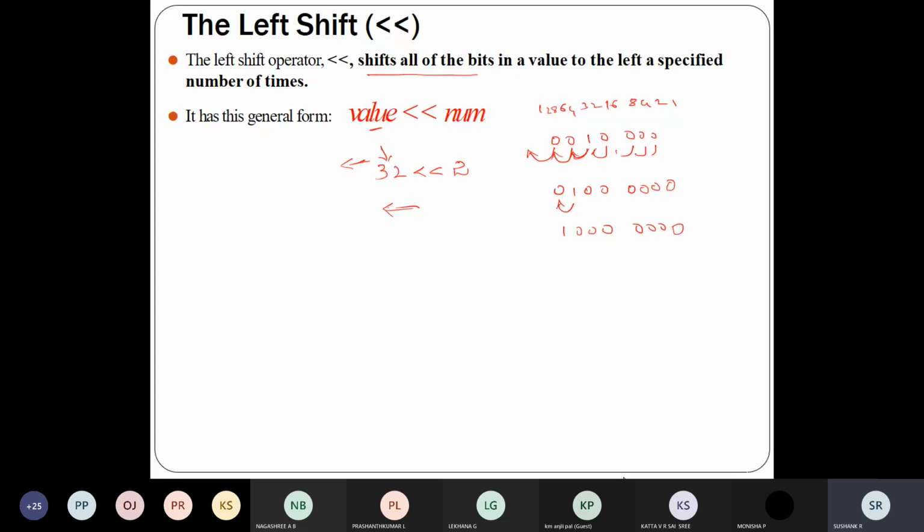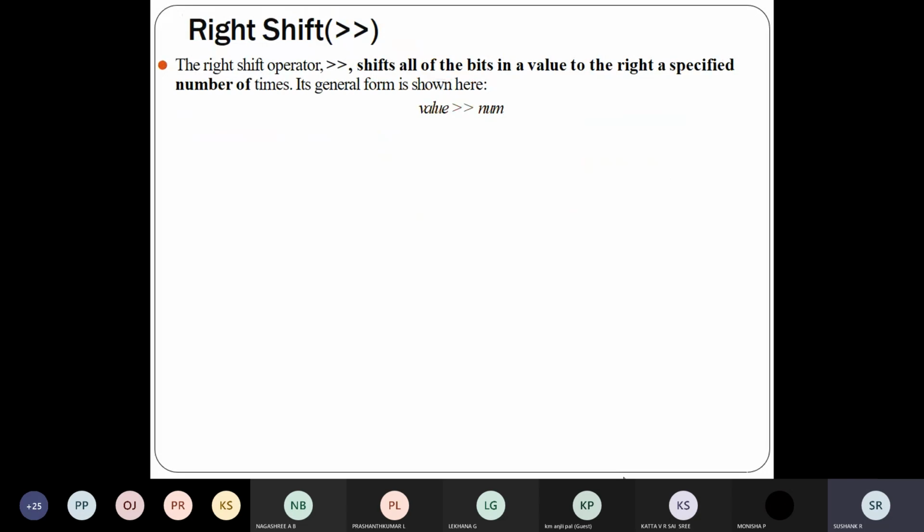In the same way, right shift means all the bits in the value will be shifted to the right side, and on the left-hand side the first bit will be empty, so for that you add 0. So right shift means you shift all the bits in the value to the right by the specified number of times.